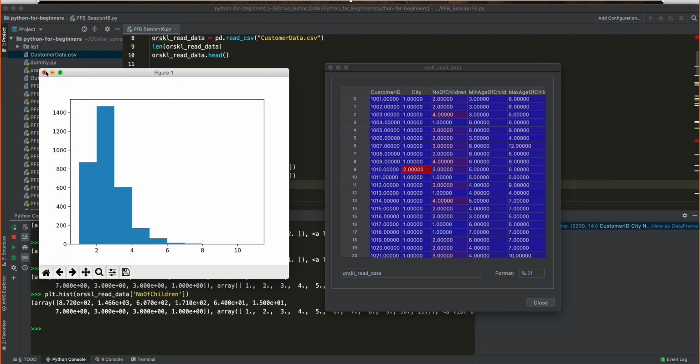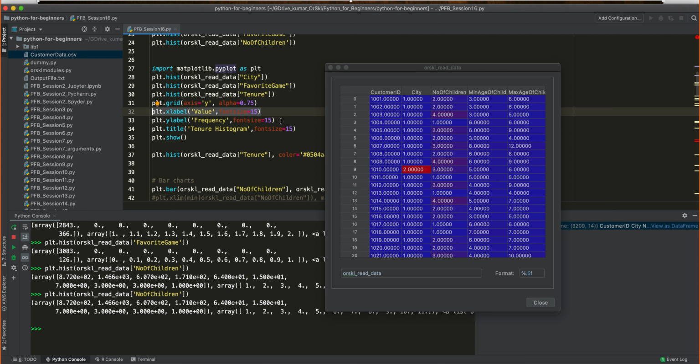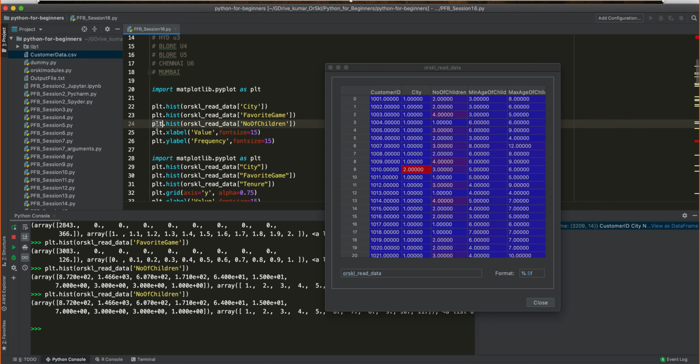So let me show you how. So for example, I wanted to add an x-axis label. I wanted to call this label number of children, so that when somebody reads the chart, they understand that definition. So I'll copy paste it because I already wrote it here. In the same pyplot module, there is something called xlabel, and I call it number of children. And font size, I'm saying keep the font size as 15. I can also reduce this or increase this. It is in your control. And for the y label, it is nothing but frequency, I can also call it